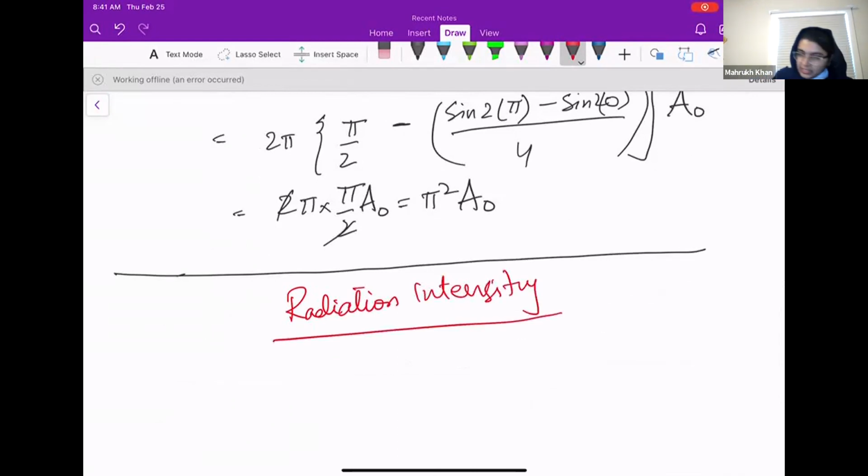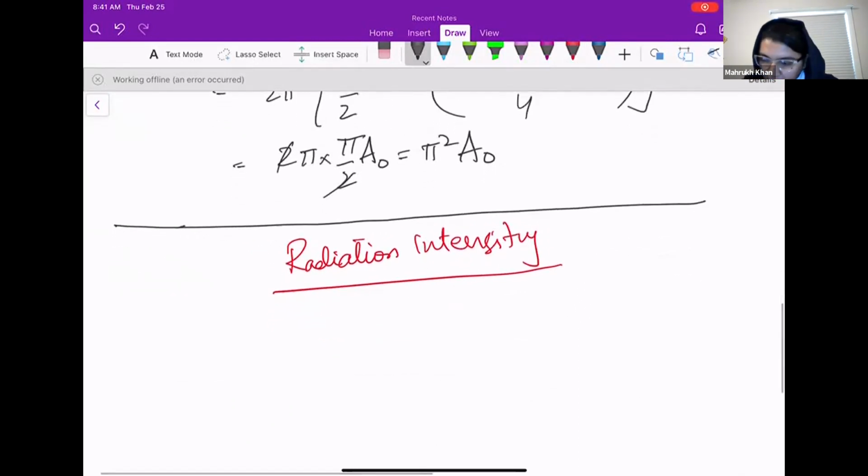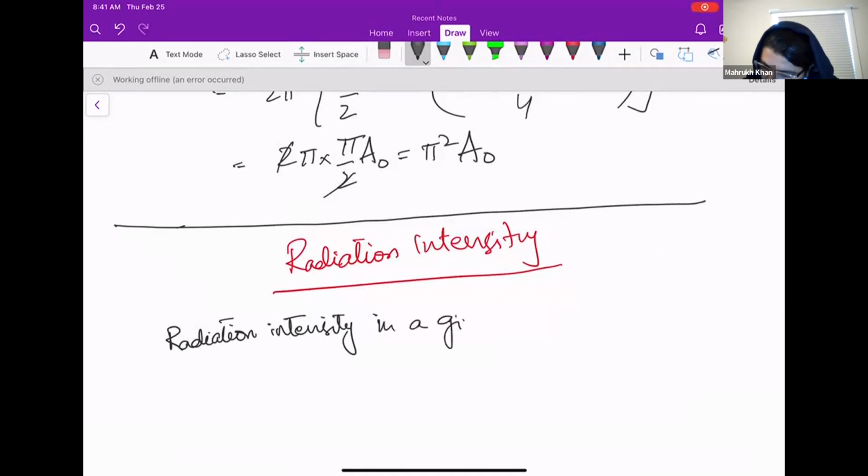Okay, so radiation intensity is actually another form of radiation density, but we want to define it because we may use it. So radiation intensity in a given direction